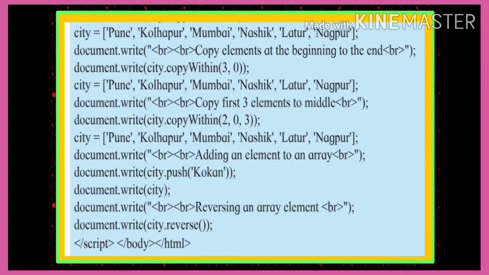Now here we use the push method applied on the ct array. So write document.write ct.push Konkan. What is the role of the push method? It adds a new element to the end of an array and returns the new length. So in the push method, Konkan is the argument, so it adds a new element to the ct array. Write document.write ct, save the program, run on the browser and see the output.